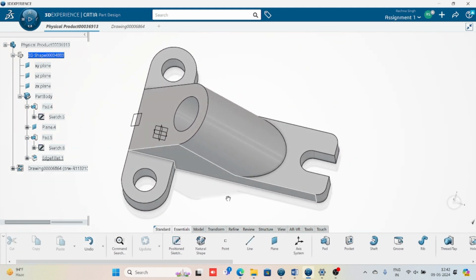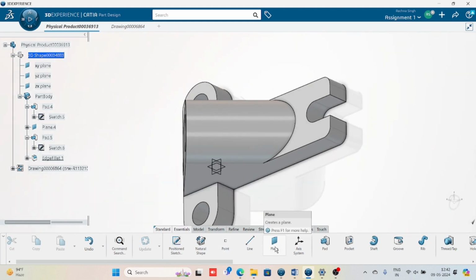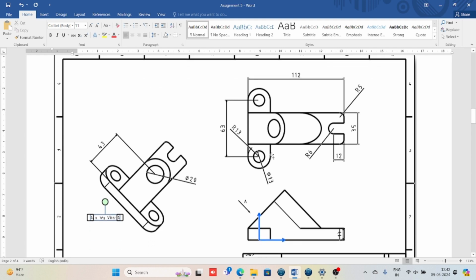you can see clear. This is how we can create any model which is provided to us, and with the help of drawing we can crack any model. If you make a very good practice of creating